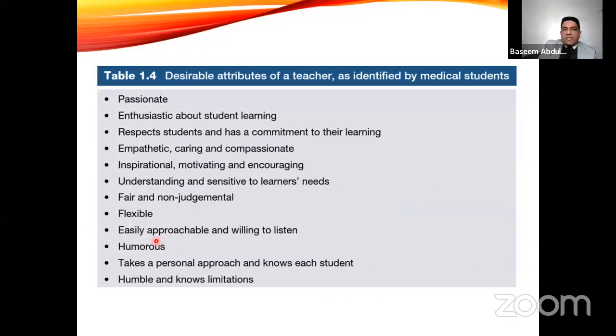This table shows us the desirable attributes of a teacher as identified by medical students. So our main target in the medical school, our main product of the medical school is our medical students. So we should respect their opinion, how they see the medical teacher, and how they see medical teachers to be excellent. So number 1 is to be passionate, enthusiastic about student learning, respects the students and has a commitment to